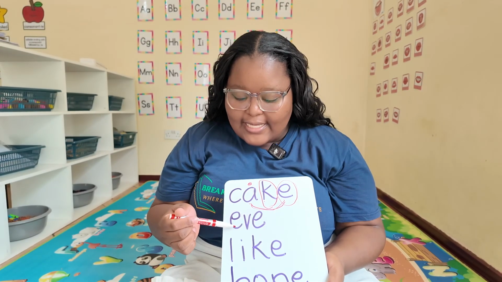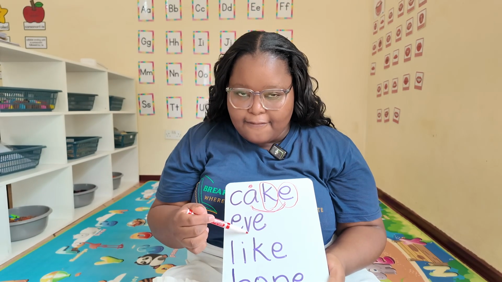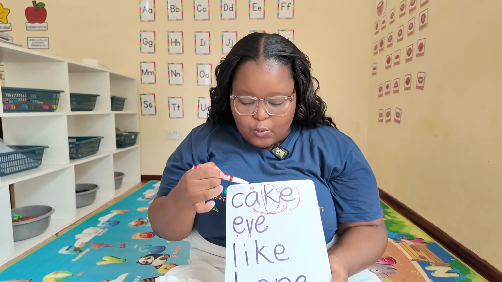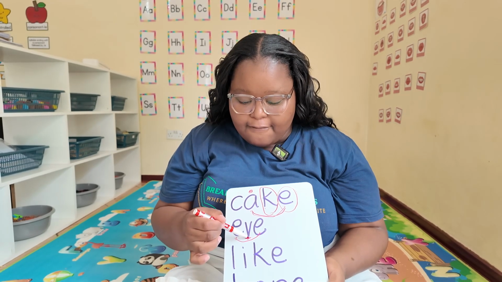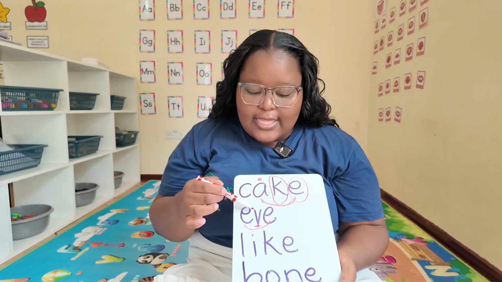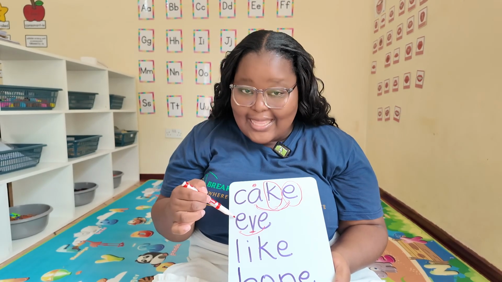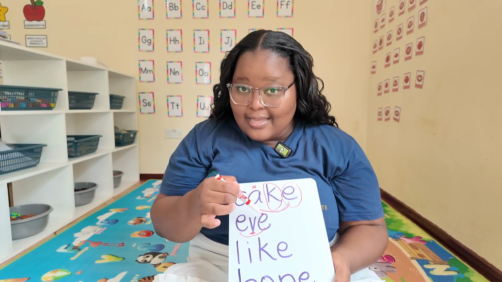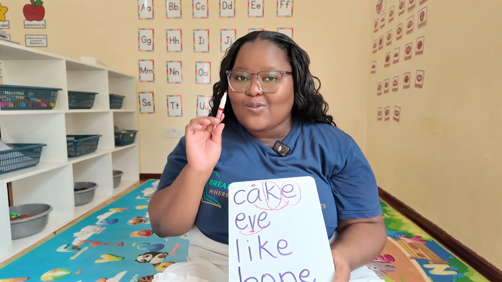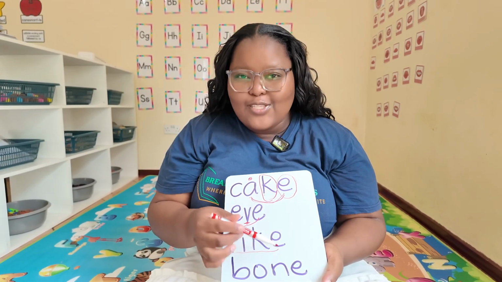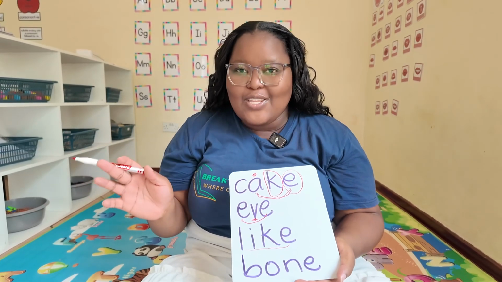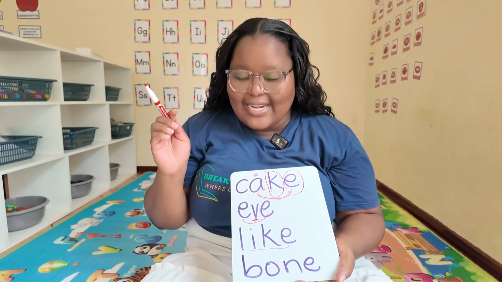So the next one is E, V, E, V, Eve. But when we use this method, it's going to be E, V, Eve. So this letter is splitting this E from this E, and the last E is always silent. Now, this word, it's not a sight word. You can actually break it down and read it like